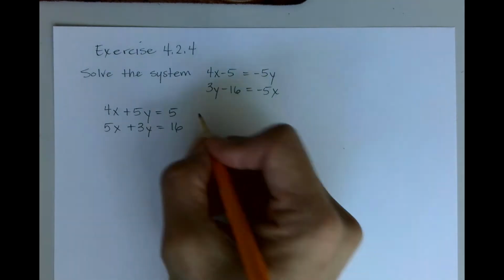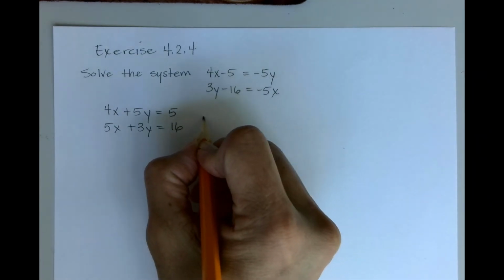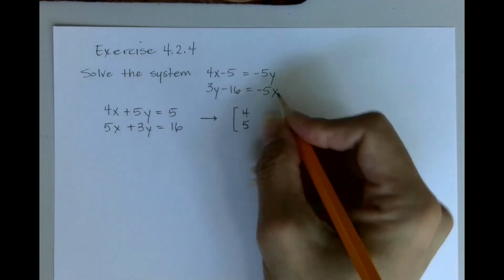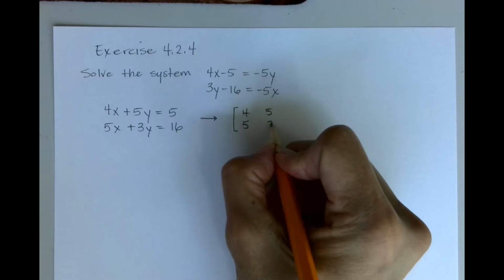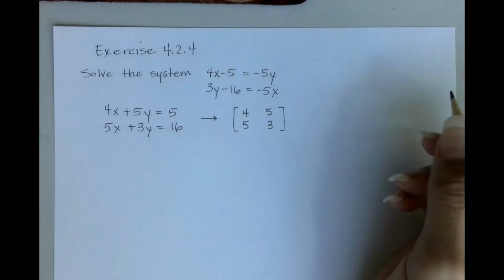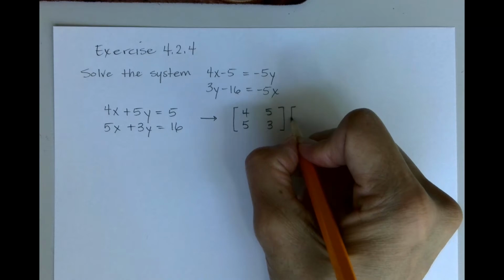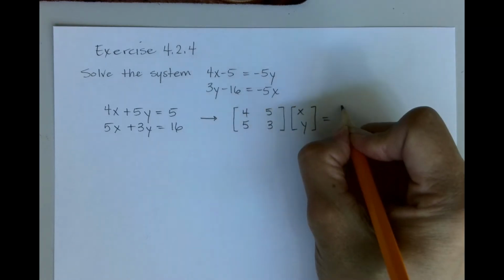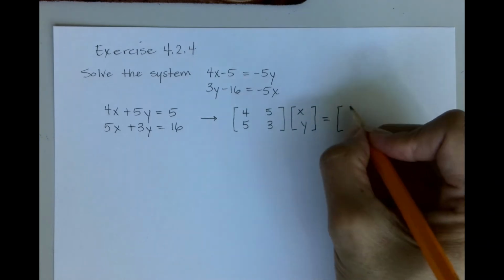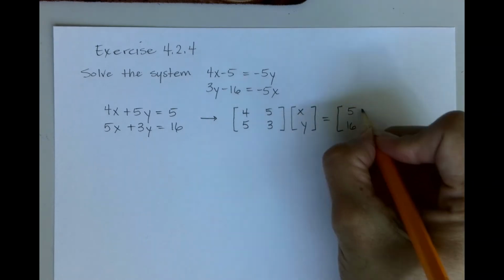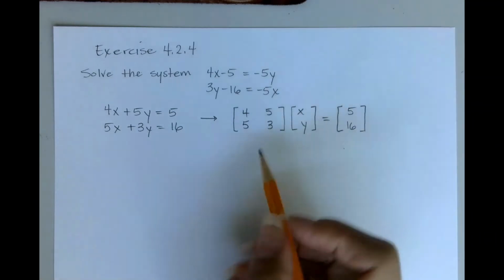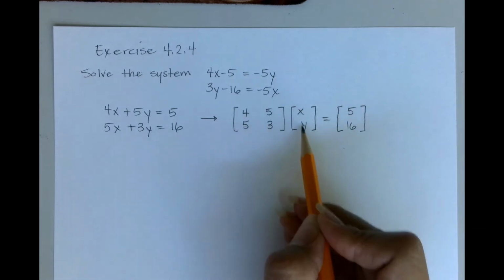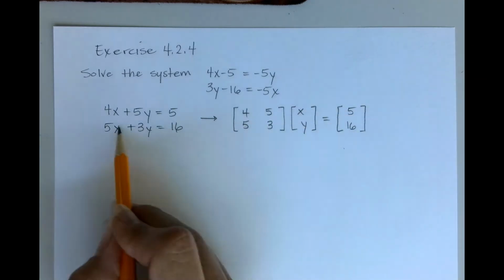So if we write this in matrix form, we'll write only the coefficients of x and y in one matrix, and then we will multiply by x and y, which are our variables, and set it equal to our constants 5 and 16. So if we were to expand, multiplying row by column equals this constant and row by column equals this constant, we would have the given